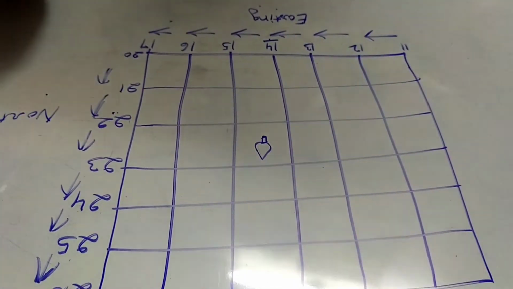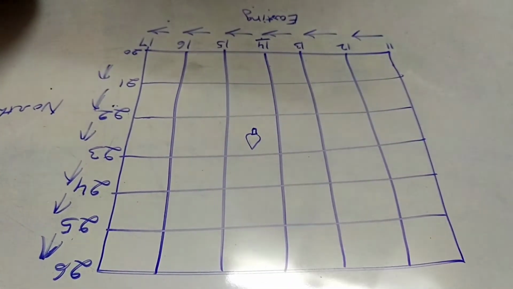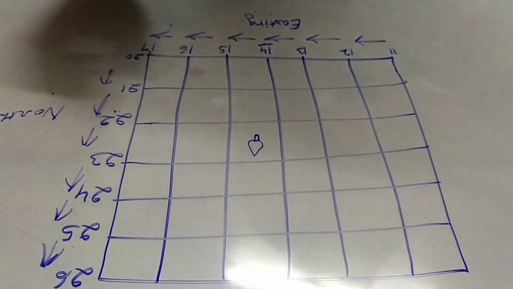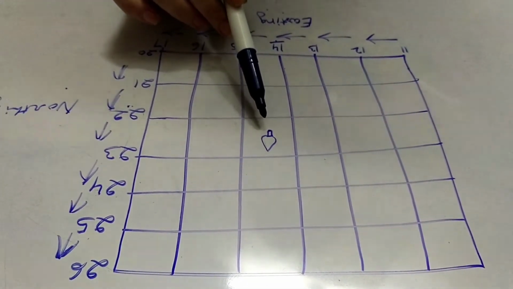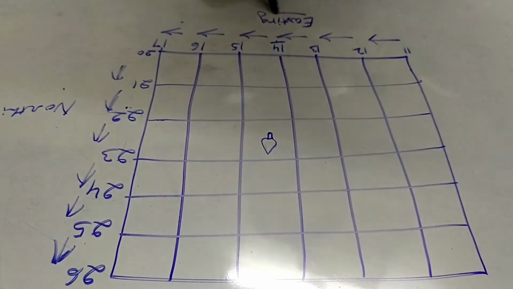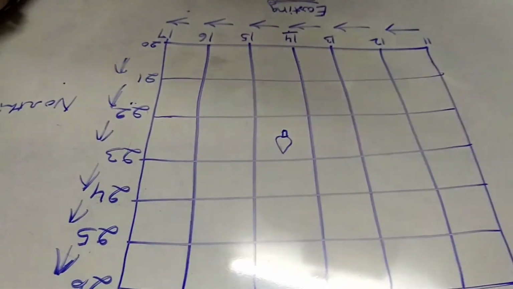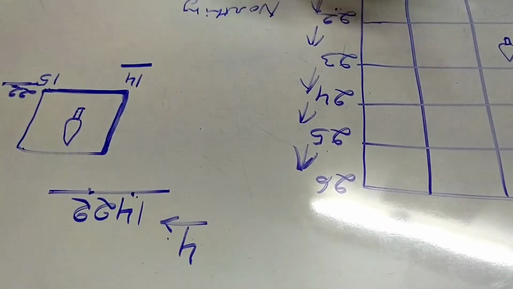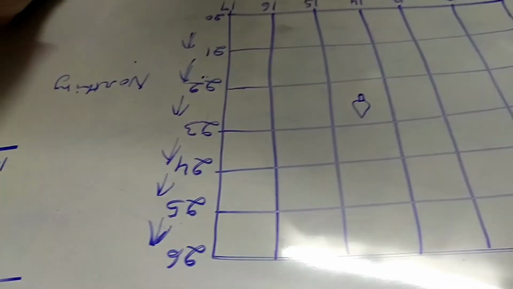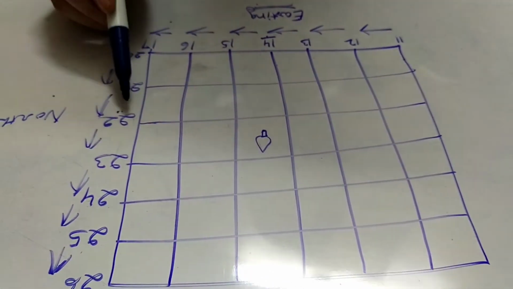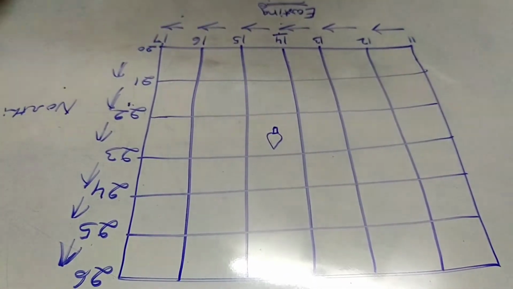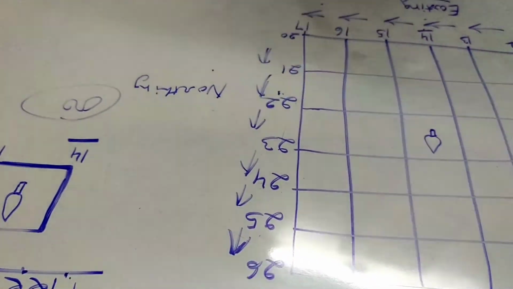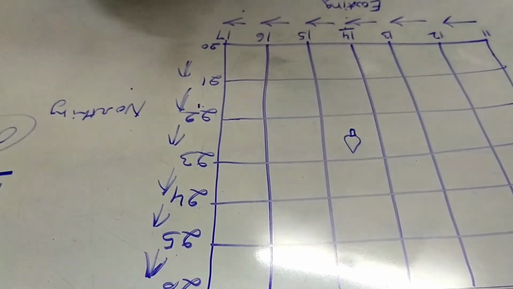I hope it is very clear, because in your board exam, pre-board, every exam, it will come for 2 marks. So whenever you are putting 4 figure, keep in your mind that easting comes first. Always put easting on the first number and then northing on the second number. It is the common mistake done by a number of students. While putting 4 figure, they write it the other way around, so you will get 0 marks. So always easting on the first and northing on the second number.